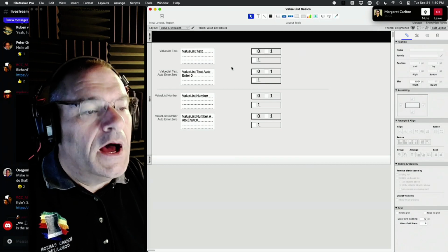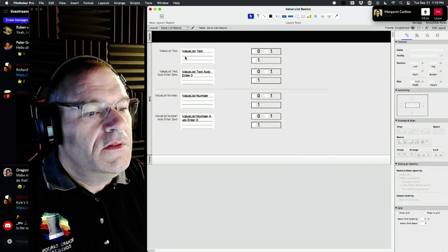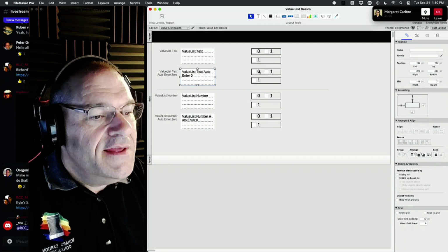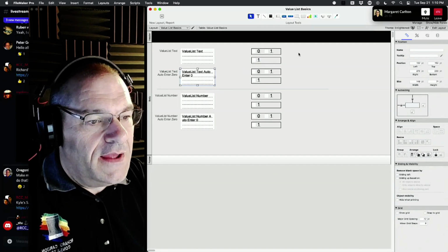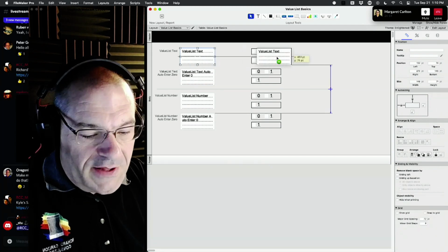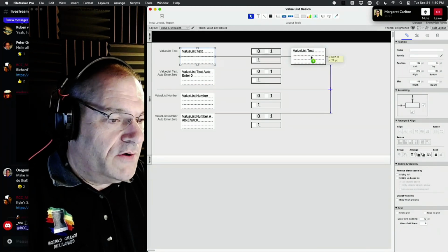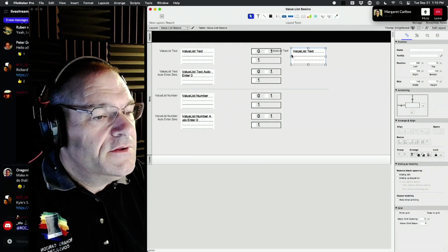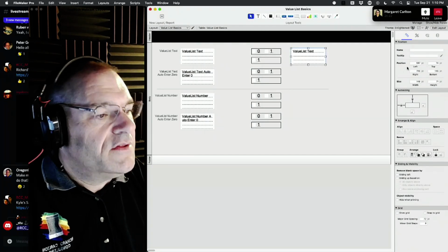So understand that at the very basic level, these three fields here are the same field. All we did over here is take a copy of the field. I'm using the Option key, or Alt key on Windows, and I Option-drag it. It makes a copy. That's the field, and all I can do is click on here,